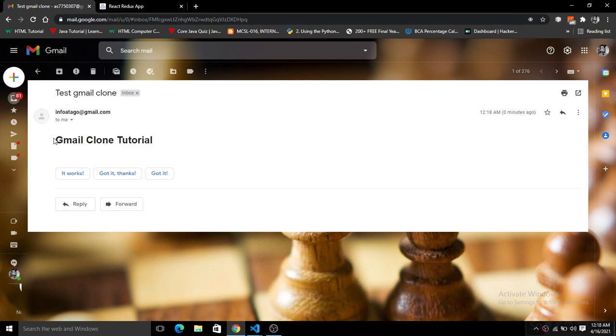So this thing is coming through the Google SMTP that we are going to use here, and the Nodemailer which acts like a transporter here, just simply sends our mail to a real Google account here, right? So we have already built a tutorial on how to build a Nodemailer application, and in this tutorial also we will be doing the same thing to send the email here, right?